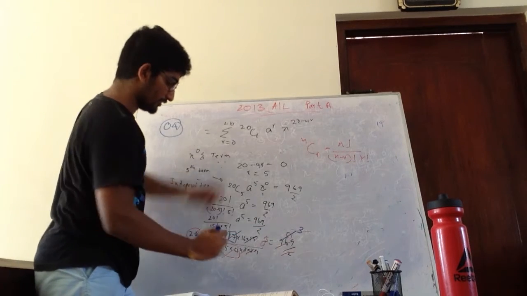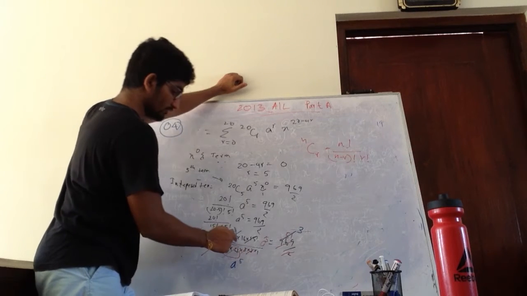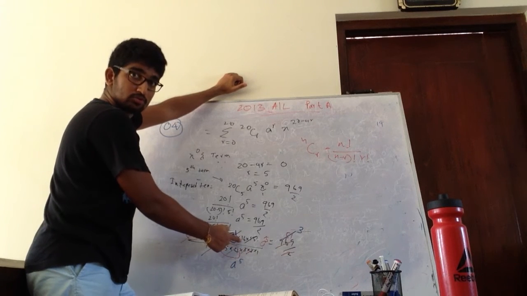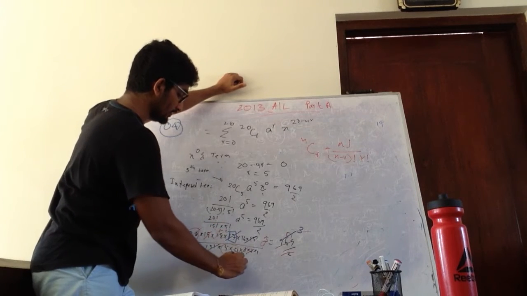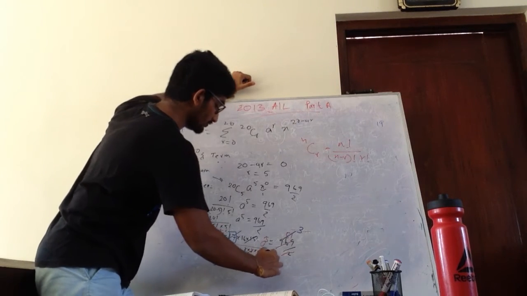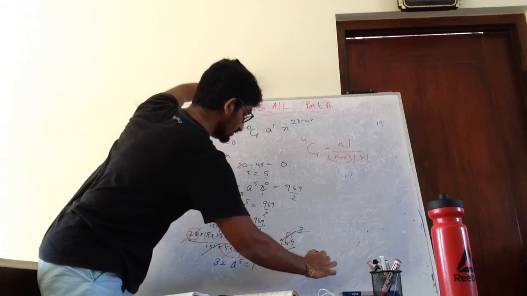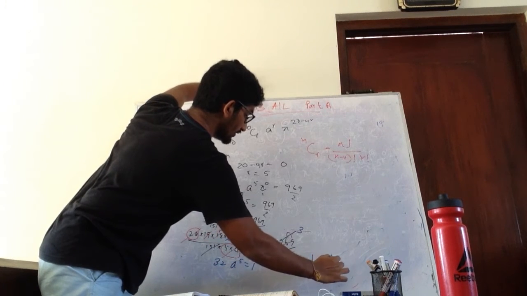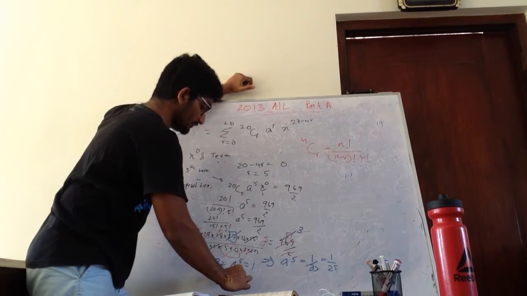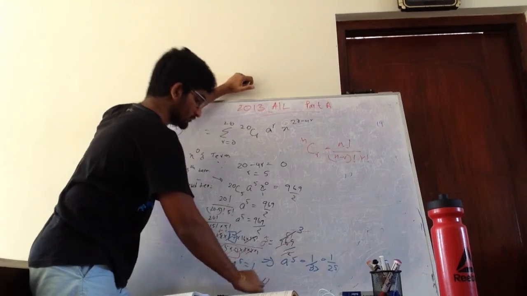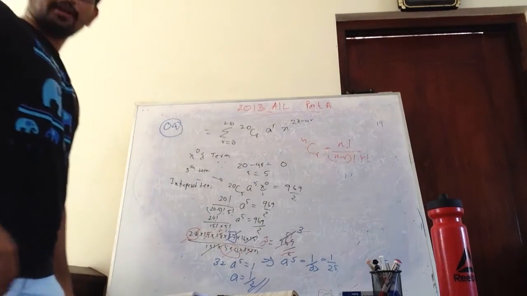So now we get A^5 into, now this is basically 2 to the power 4. So it's like 2 into 16 is 32. So it will be 1. Correct? So now A^5 is going to be 1 over 32. That is 1 over 2 to the power 5. Correct? So basically A is going to be 1 over 2. Right?